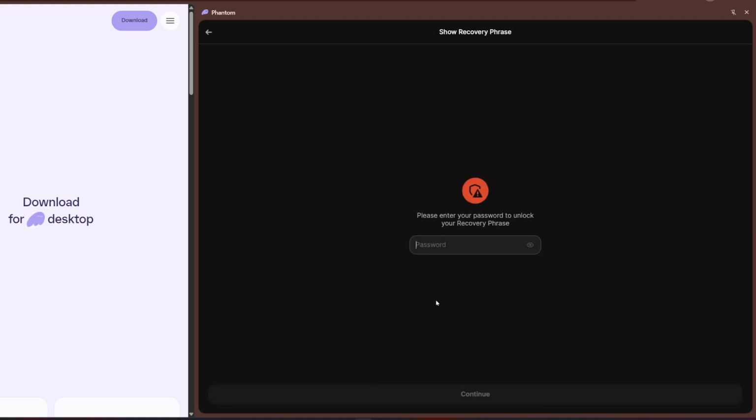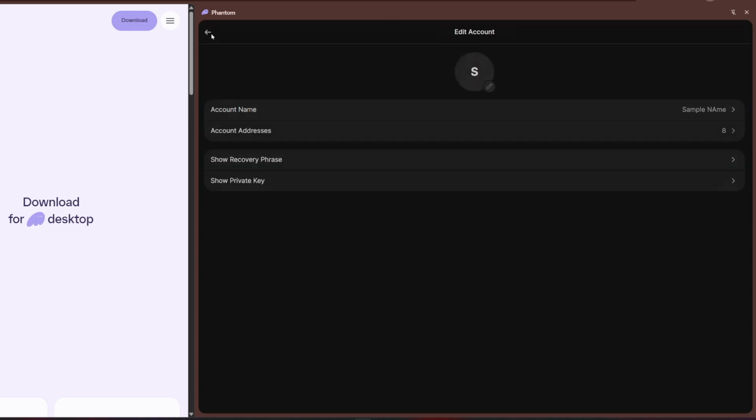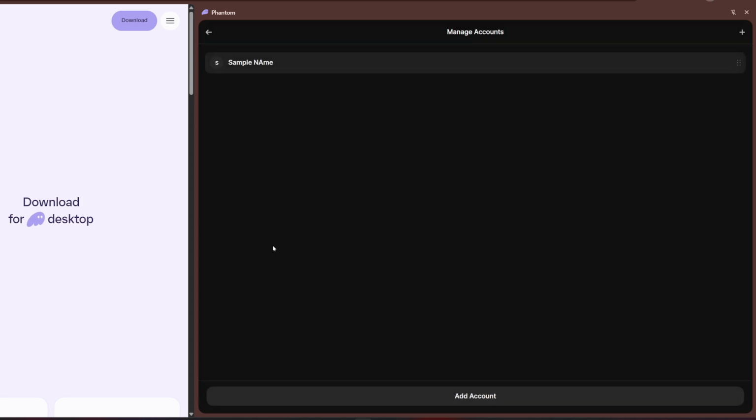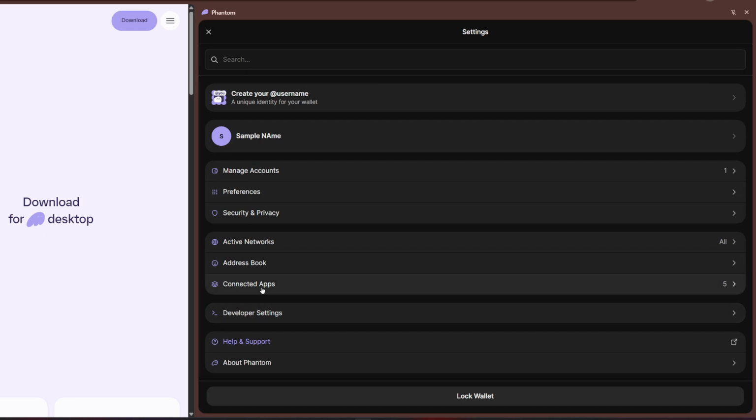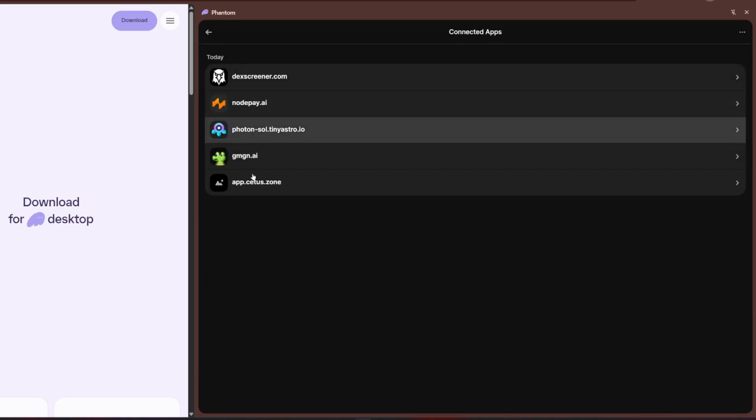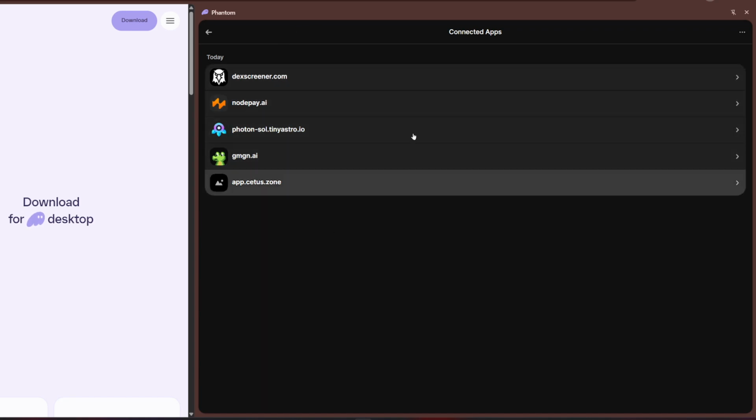Finally, it's important to check the connected applications associated with your Phantom wallet. Go back to the settings menu and select Connected. Here, you will see a list of applications that have access to your wallet. Review this list and remove any applications that you do not trust or recognize. Regularly auditing connected applications helps maintain your wallet